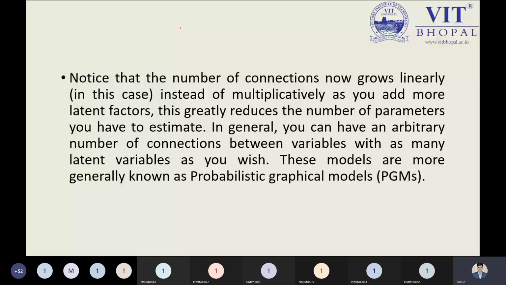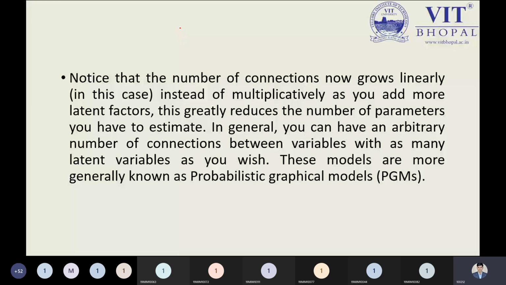So you can have more than one latent variable, but keep in mind that if its requirement is feasible, then you can use it. The question you should ask yourself is why you are using the latent variable, because if it is not needed, you don't use it. If it is required, then we can do it. This kind of model is represented by a graphical approach, known as the probabilistic graphical model, that is PGM. So far we have discussed this example to know how important the latent variable is.